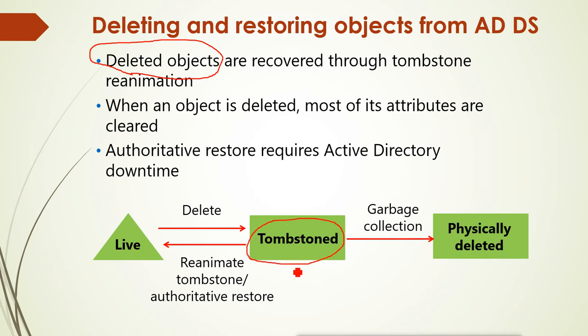Now why does it do that? It will not completely remove the user or the object when we delete it. It becomes a tombstone. Now why? Because suppose we have multiple domain controllers. Like suppose we have this domain controller, and we have this domain controller. Both are domain controllers here, and both have the same Active Directory database, and all the objects are the same. Now what happens if we add some new user in this domain controller?